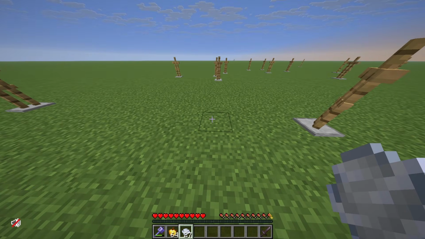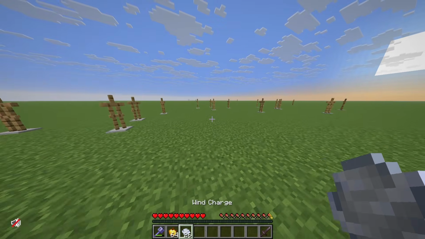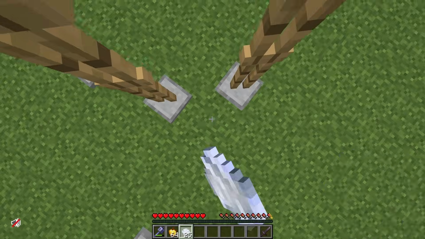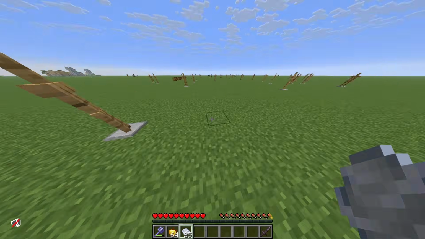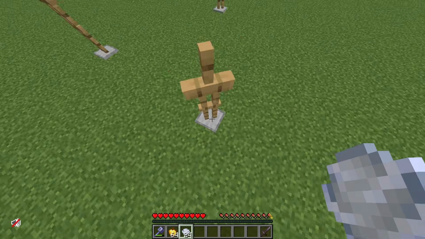Okay, I think I've got the hang of when charging up, switching to mace and just hitting down. But I think I need to start practicing how to swap to the mace quickly. I forgot what it was called. It's like you wind charge, you hold the wind charge, you quickly...